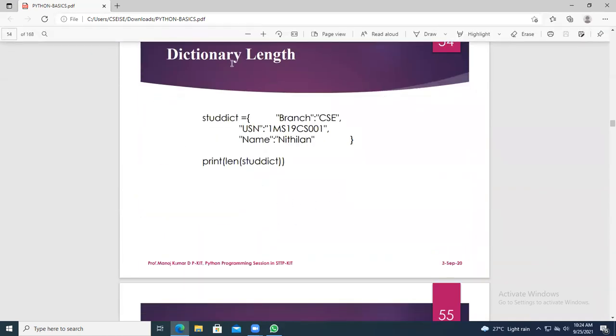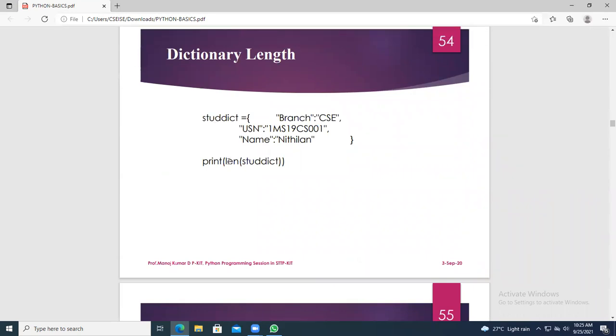So now you come to the dictionary length. So what is the length of the dictionary? Length is one of the operation methods. Keep in your mind, when you have brackets, you call it a method. When you use parentheses, we call this a method. See in the chat box I have given.